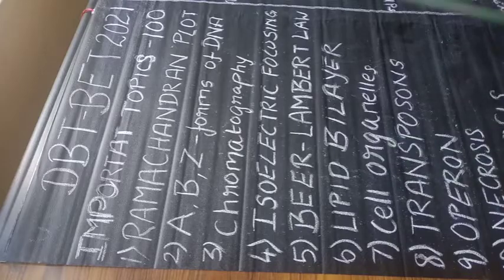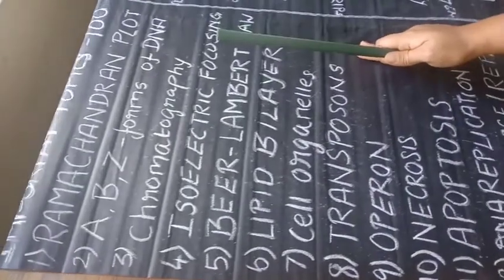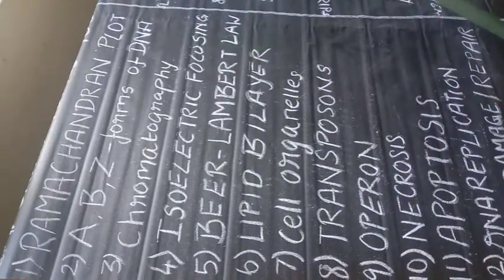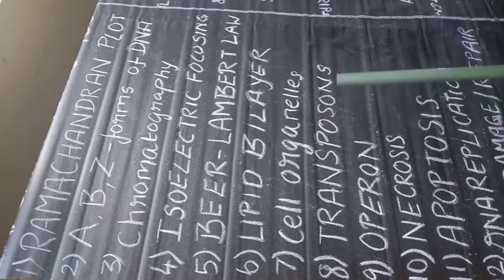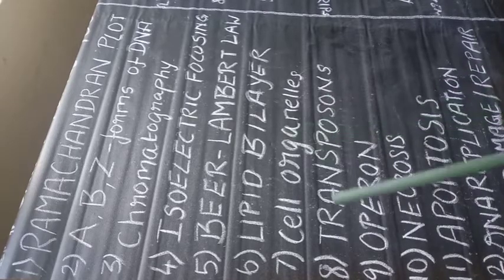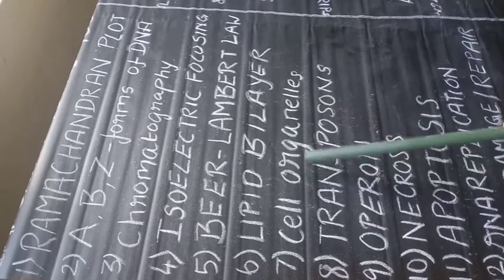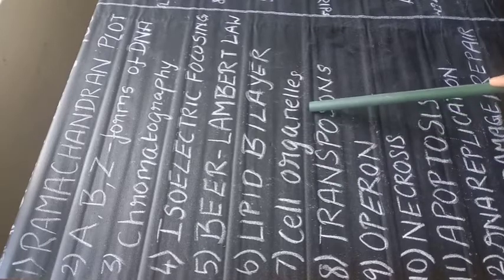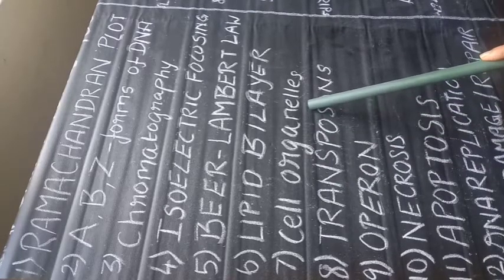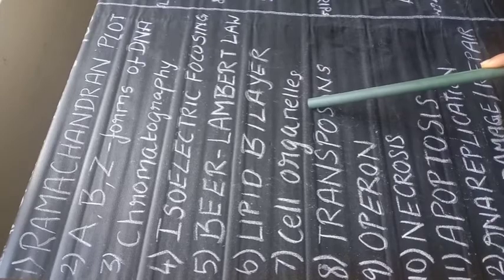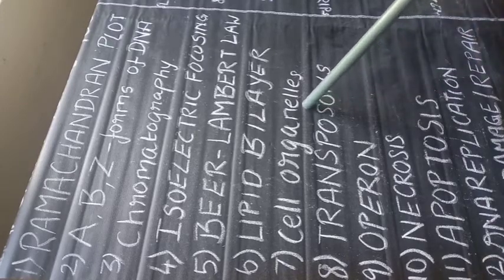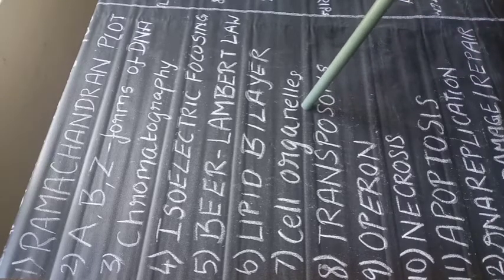Next is the cellular organelle. There are various different cellular organelles, friends. We should study about the structural organization and function of cellular organelles, that is nucleus, mitochondria, Golgi bodies, endoplasmic reticulum, lysosome, chloroplast, peroxisome, vacuole, cytoskeletal structure, and motility function. Okay, you can refer to page number 2 in the DBT BET JRF examination syllabus, friends.